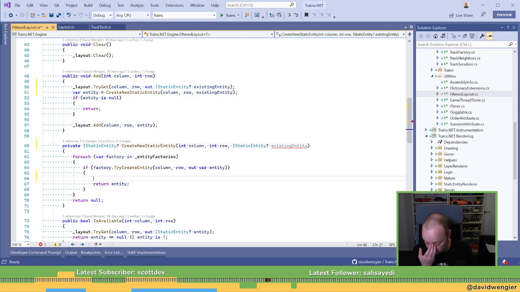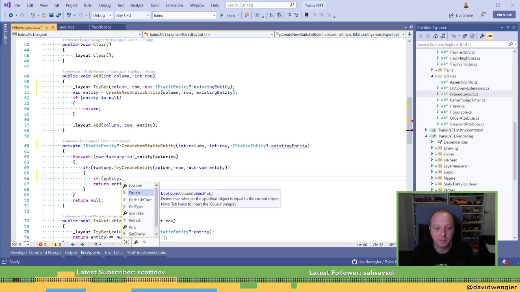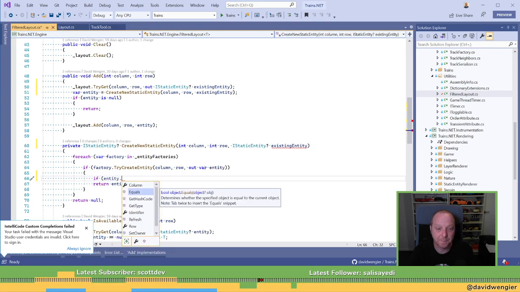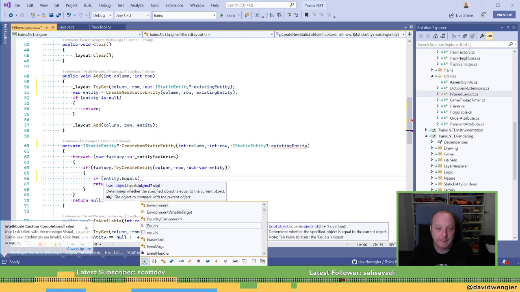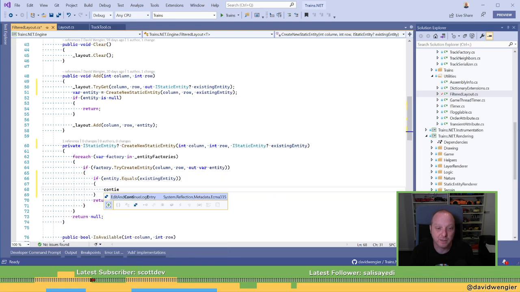What if our entity equals, see, I've got to override equality. If we are equal to the existing entity, then continue.